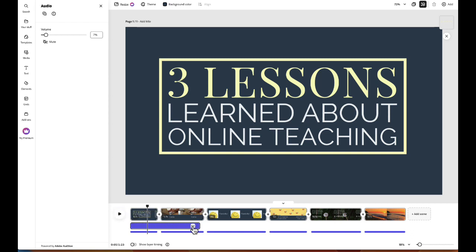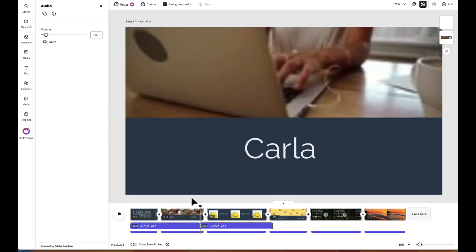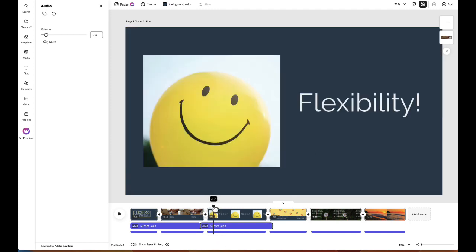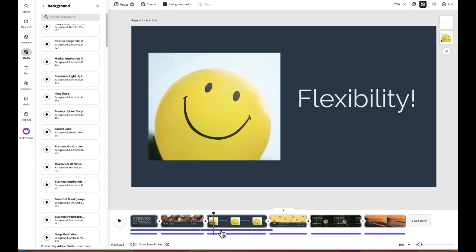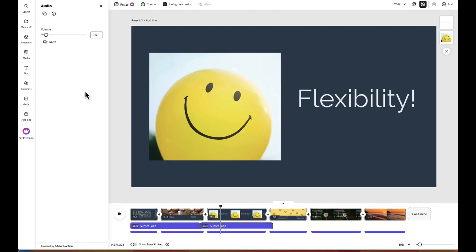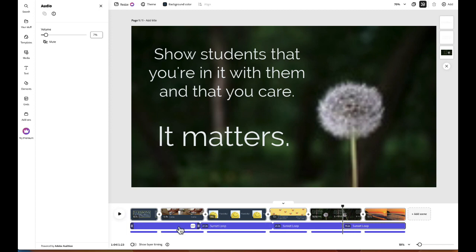So now I'm going to click on the three dots in that music clip, select duplicate, and as you'll see, if I click on that second one and go over here to volume, you see how it keeps the same volume level. So it's better to adjust the volume and then duplicate because then you don't have to do it over and over again. So now I've made the duplicates and it fills up the whole video track.